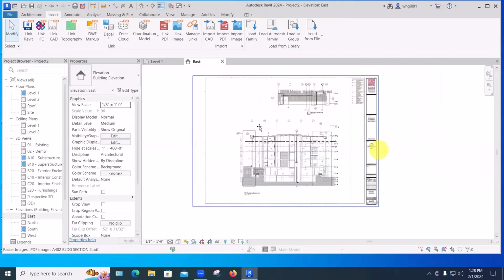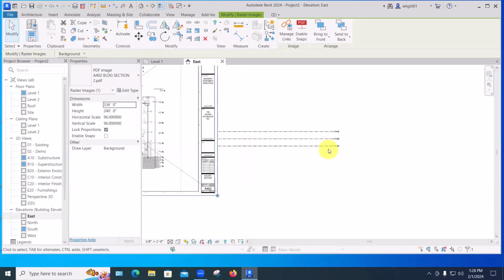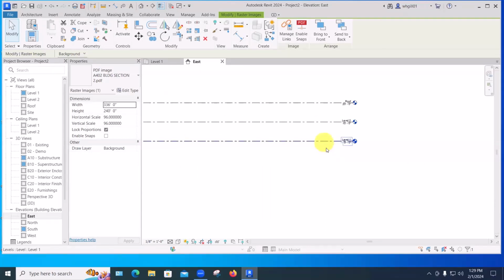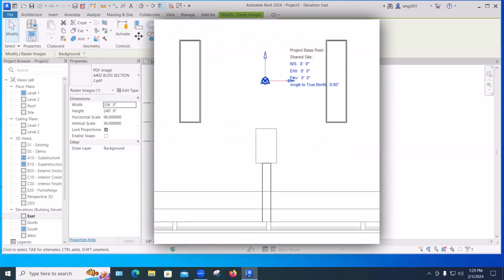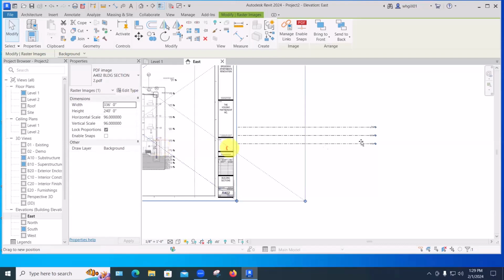Okay, this is an image we can just place any old place. What we want to do is align it so that its level 1 matches our level 1, and not the other way around, because you can see in the site plan view, a physical datum, the project base point, the XYZ origin of this model. And this level 1 is known to be 0 feet, 0 inches, which we don't want to change by moving our level 1. So what we're going to do is move the image